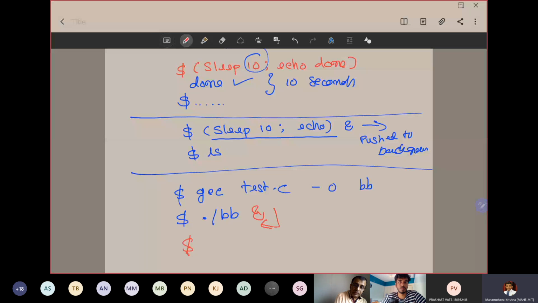Assume this bb takes around 10 minutes, a very long program, a very unusual time, anyway, for explanation purposes. Immediately after executing ./bb and ampersand and pressing enter, your terminal is ready to take some other command,